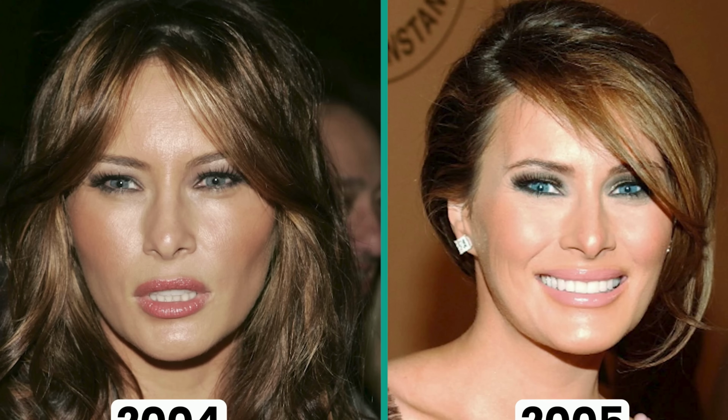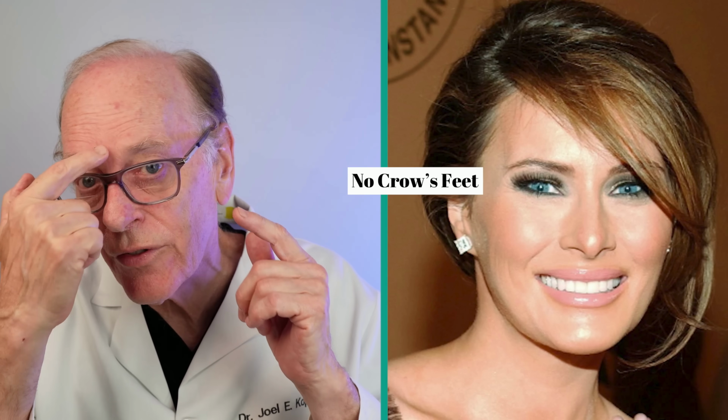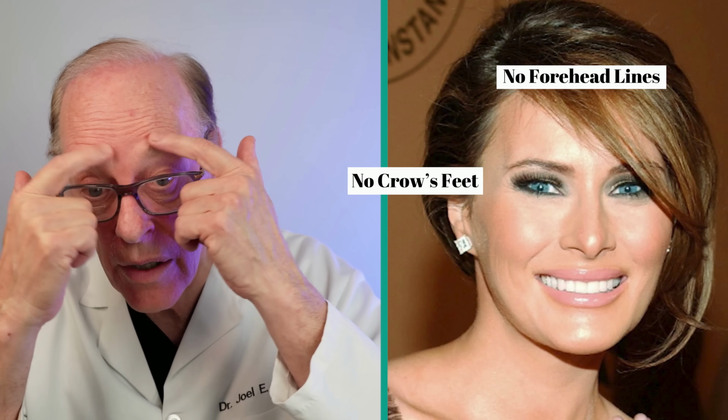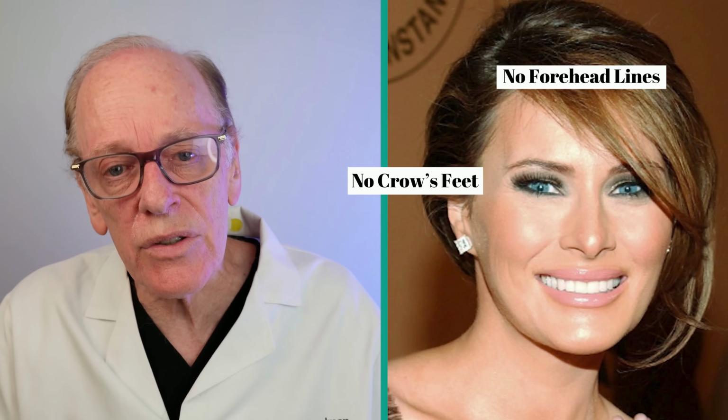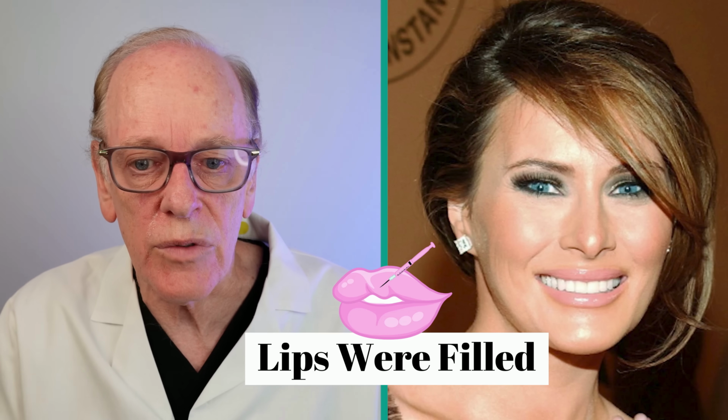It looks all very natural, of course, but compare this picture to the prior picture where her face was more V-shaped, a little more hollow, temporally. Is it a diet? Is it filler? I don't know exactly what happened. But another thing to take note of is as she smiles, she has no crow's feet over here. She has no frown lines between her eyebrows. So it appears that she probably had some Botox, and she had fillers in her lips, of course, which is